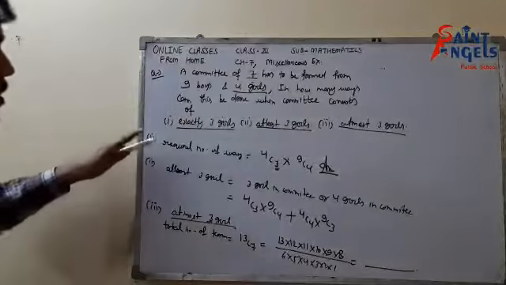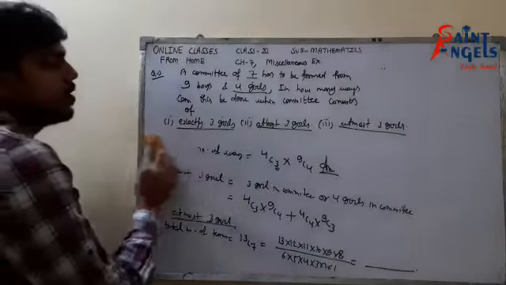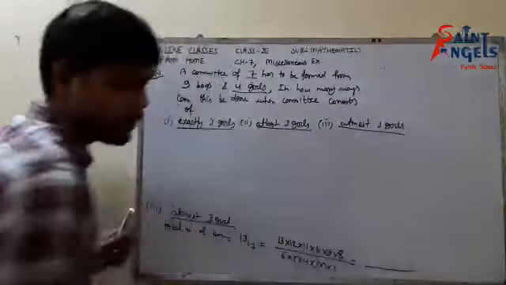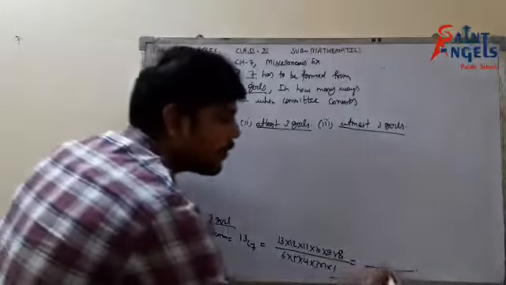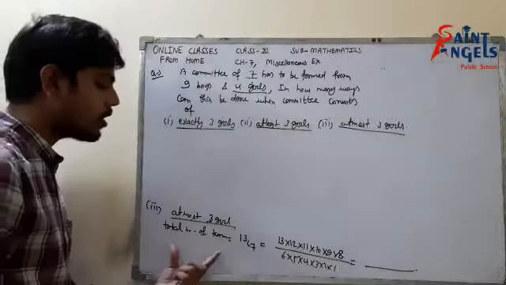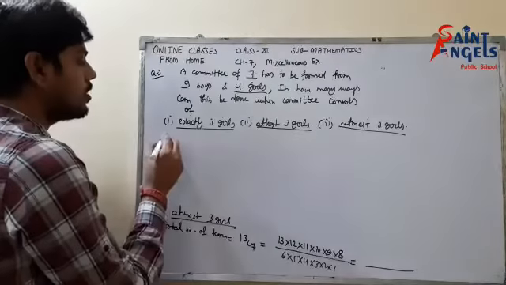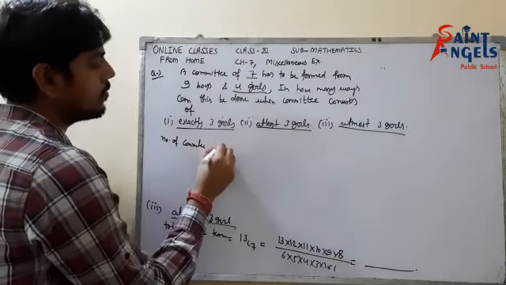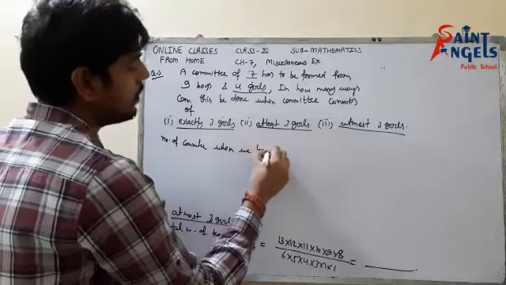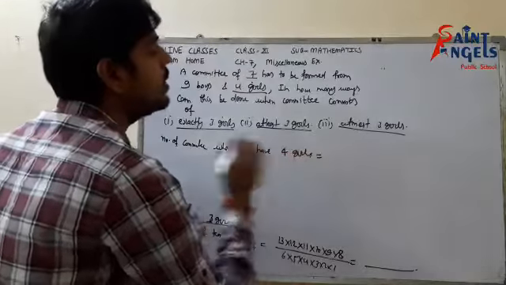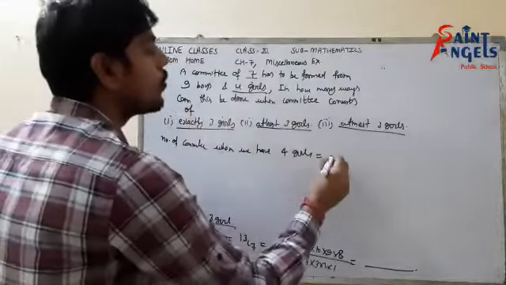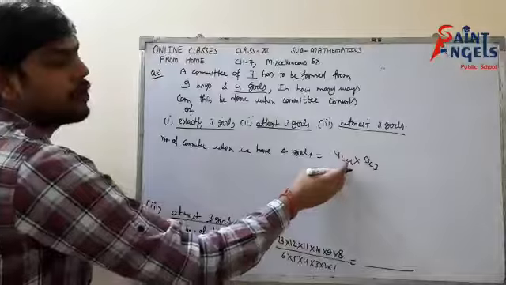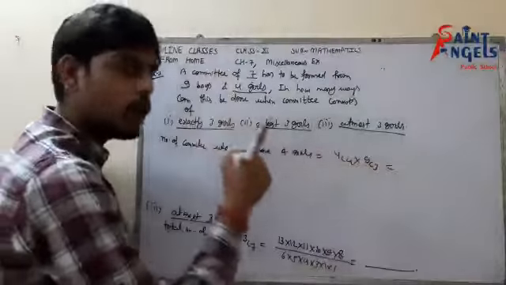Okay, I hope you have noted down the first and second part. I am doing the rough work because of lack of space. Once I solve it, we will get the number. Once I have got all the teams, now I will find the number of committees when we have 4 girls. Then our committee would be 4C4 into 9C3. 7 people, 4 girls and 3 boys. But 4C4 means what? 1.